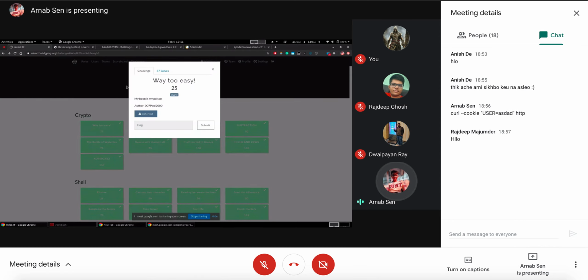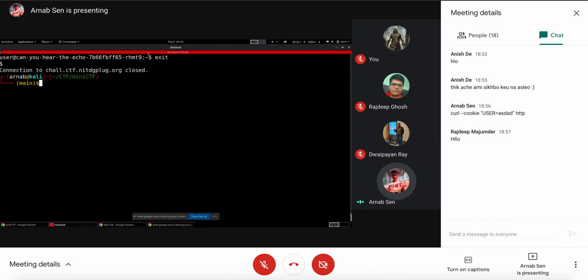A couple of cryptos, when you look into the cryptos, the more you participate, you will keep on seeing a common pattern. Either it will be something related to base 64, or it can be something like Caesar cipher or something like that. So I have these files over here. Let's look into these ones.